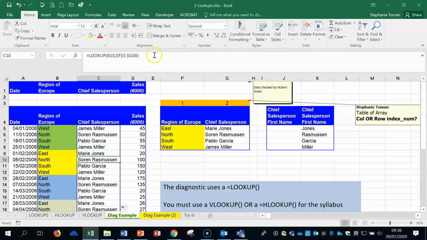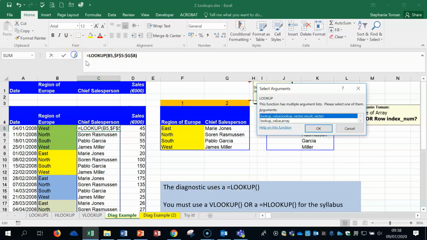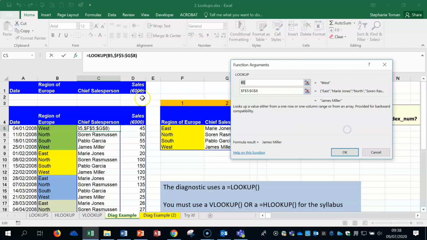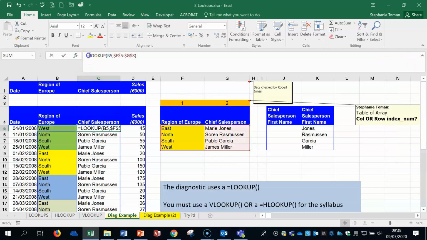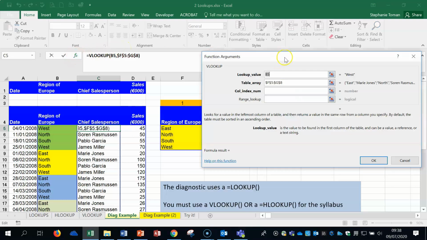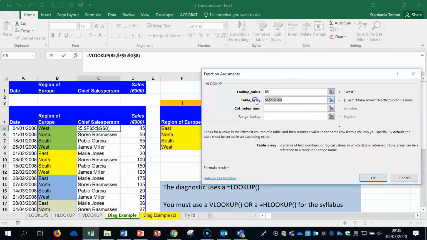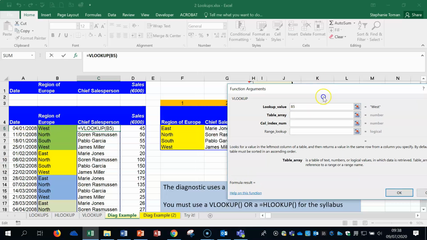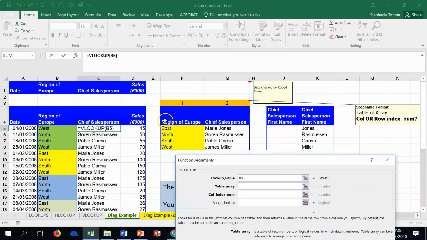So let's do it that way as well. So I'm going to take that back, escape, and let's put the V in front of it first, otherwise it doesn't know what function we're doing. I'm going to the fx, now we can see what we've done. So I'd put in the first instance, so it's B5, which is this one here, West. The table array, I would pick up there,